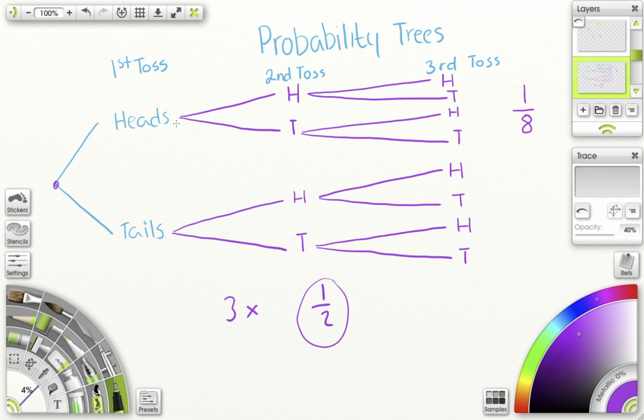So let's say the first time I'm lucky, I land on heads. Second time, oh, I'm lucky again, I land on heads again. Third time, I could land on tails, and then, oh, that streak is lost. First time, I could land on tails. Oh, I'm already off to a bad start. Second time, I could land on heads. Okay. Third time, I could land on heads. But still only 2 tosses out of the 3 landed on heads.